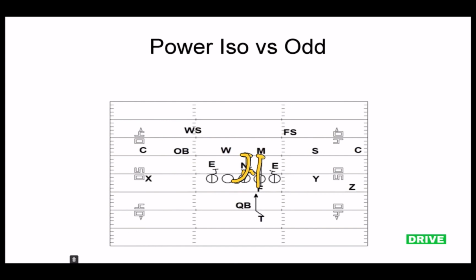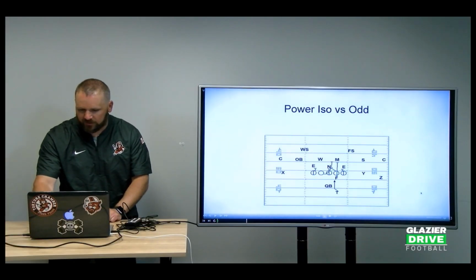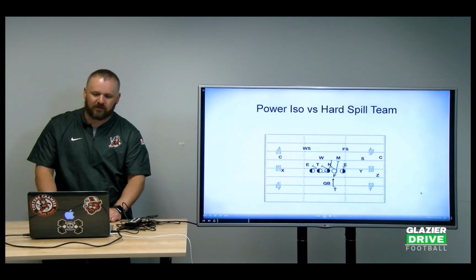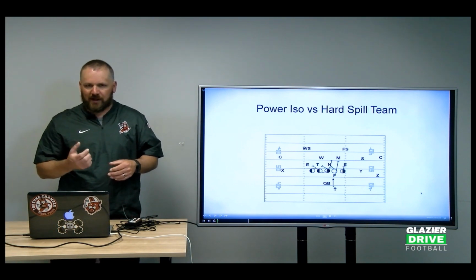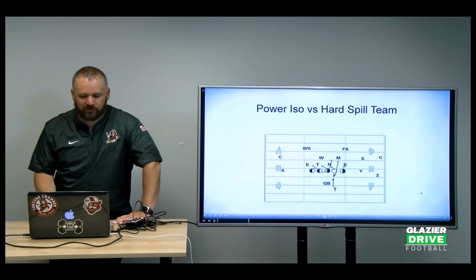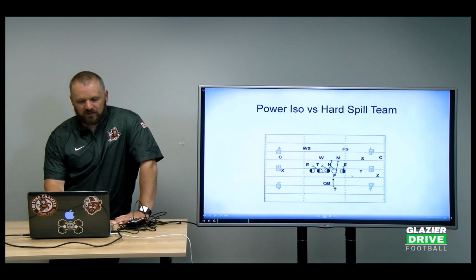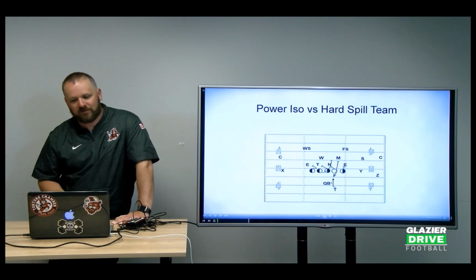All right, so you got that going on. Lock both tackles. Then you get into power ISO for a hard spill team. Remember when I was talking about how we don't log and bounce? This is our answer too versus even fronts, where the DN really wants to spill, wants a wrong arm, and wants to get inside that gap.